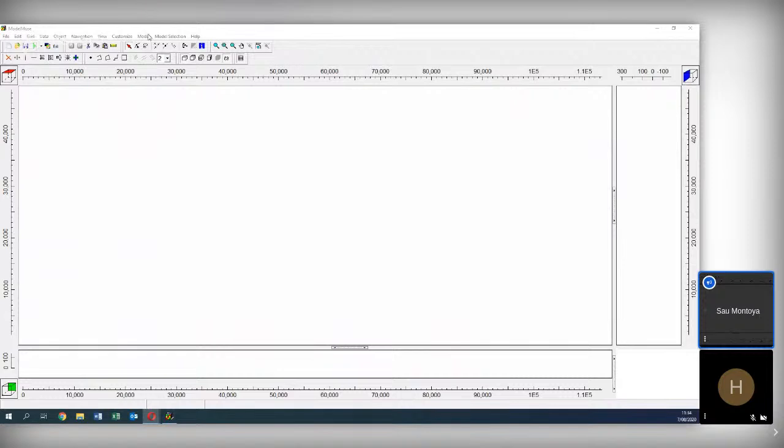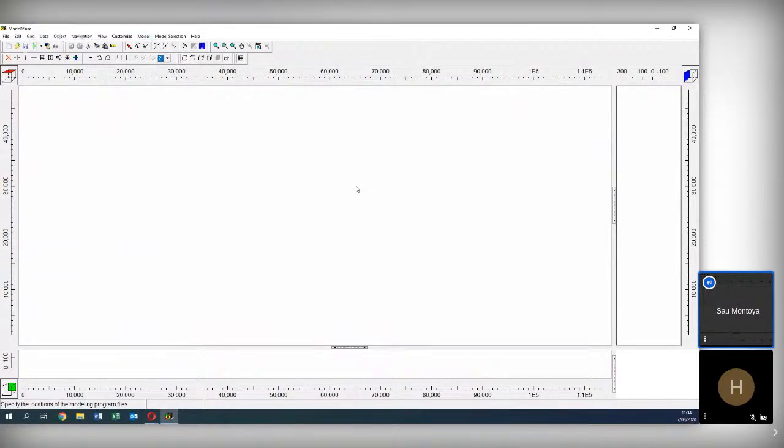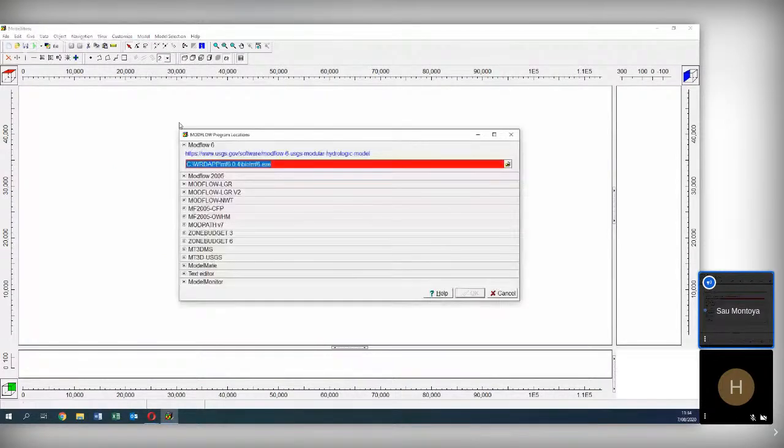But before doing that, I go to Model Program Locations, because I have to link my executable of MODFLOW 6.